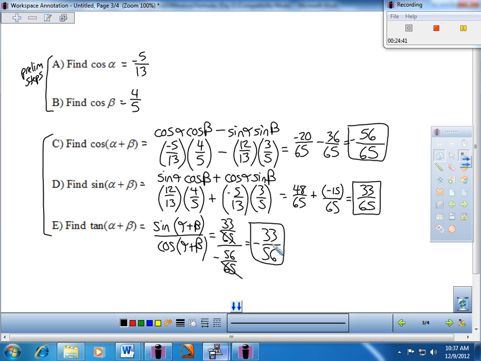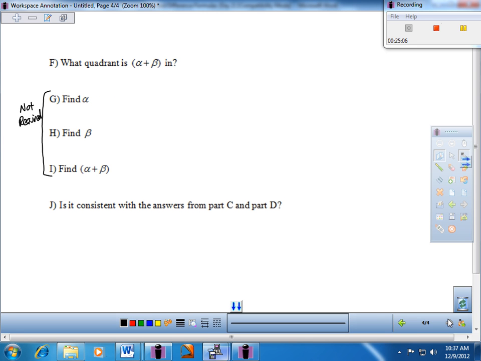Where are we, everybody? Quadrant 2. So quadrant 2. Absolutely. It's the only one where cosine is negative, sine is positive, and tangent's negative. It's in quadrant 2. So go back for just a couple secs here,